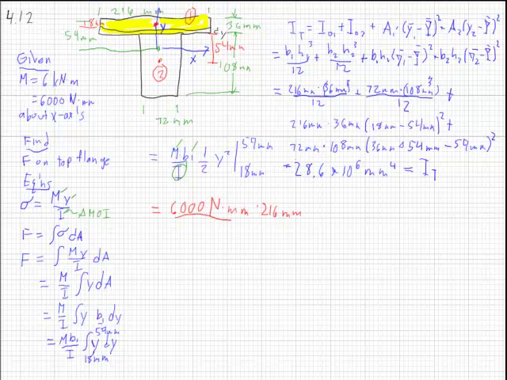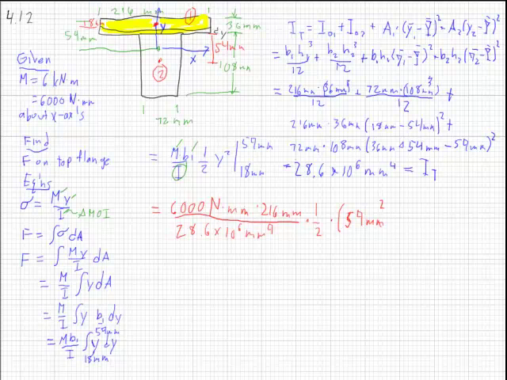And that's all over 28.6 times 10 to the 6th millimeters to the 4th, and all that's times 1/2. And I'll plug these values in for Y, and we have 54 millimeters squared